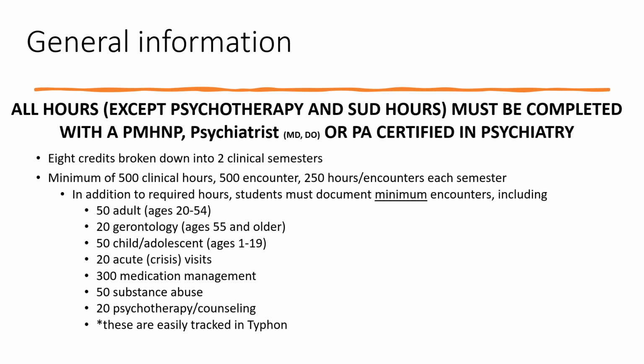And what is acute crisis? Well, that would be someone who follows up, say, within 2 weeks, someone who calls because they need to be seen right away, someone whose medication isn't working and they need it adjusted, anything like that, who may be struggling, who could be severely depressed, anxious, feeling suicidal. Then you want to have your medication management, 300 of those, 50 substance abuse encounters, and then 20 psychotherapy or